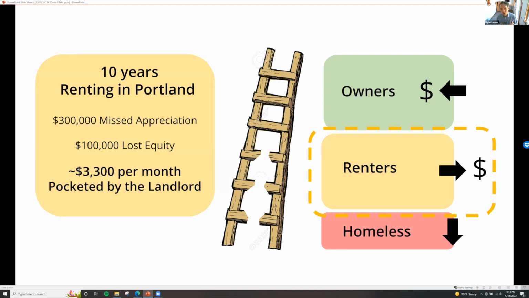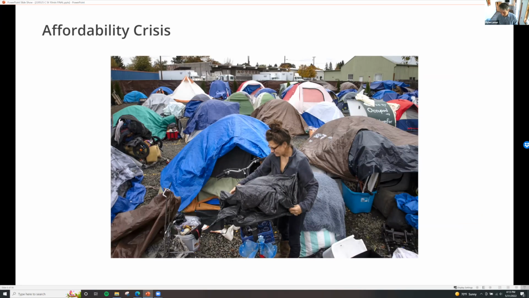So in the current situation we're at with the real estate market, as hot as it is, housing has really become a commodity. And we're seeing owners reap the benefits of that, and renters really paying the price for that, and have a severe housing crisis, as I'm sure many of us are familiar with.